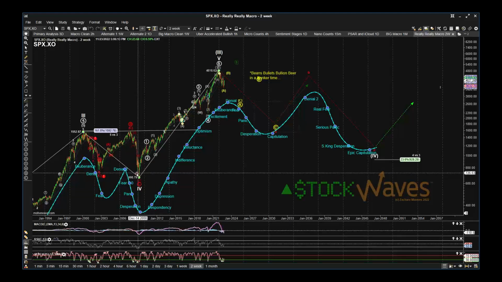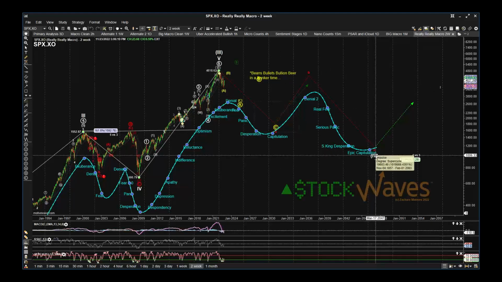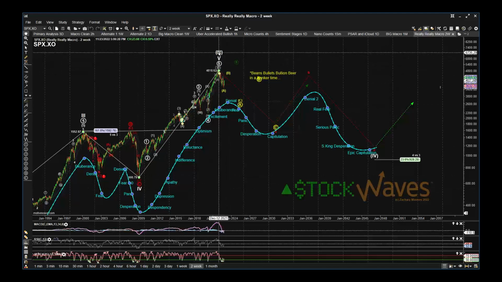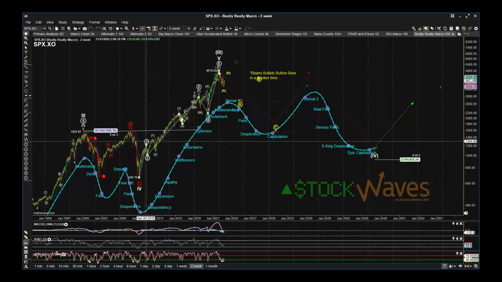But another guideline is that when you have an extended fifth wave, oftentimes the fourth wave is going to look for support in the region of wave 2 of that extended move. So that means our fifth wave of supercycle wave 3 was extended. So we have a more narrow window from the guideline, where this wave 2, the primary degree wave 2,